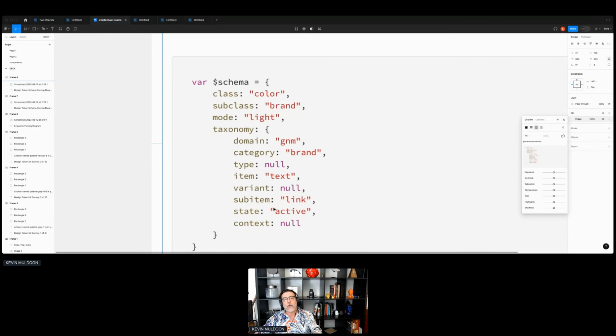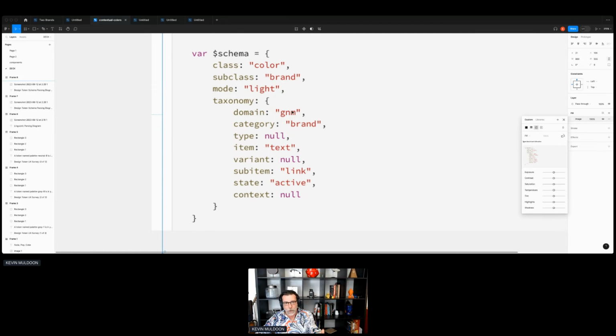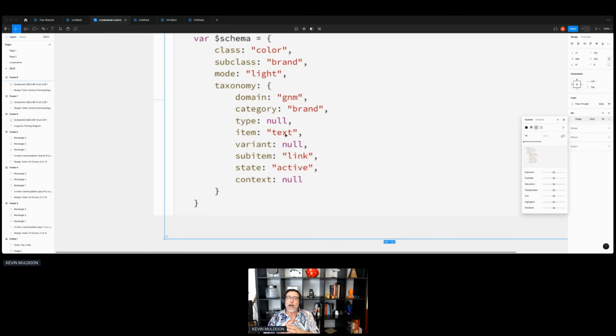But now we get into the taxonomy, which actually drives exactly how that represents when we do that. Once again, we have the domain, any prefix of your choice, whatever you agree on. The category is brand, much like we had palette as a brand. But the item right now is text. We're literally pointing to something, a noun, a thing. And that's the reason why we use an item. And then we have a sub-item of link. So it's an item, it's text. And then the sub-item is a link. So it's a text link. And the state is active, unlike a 000, which describes